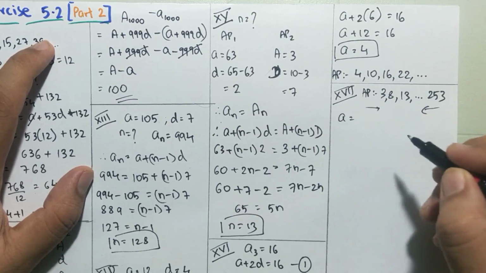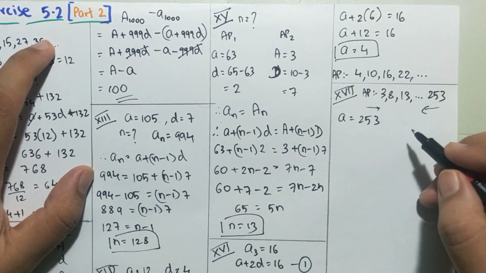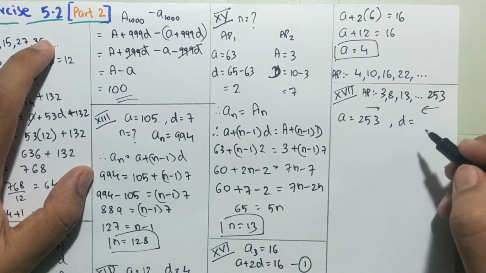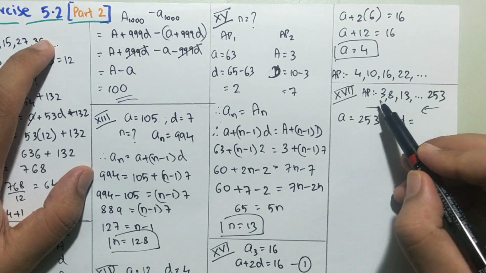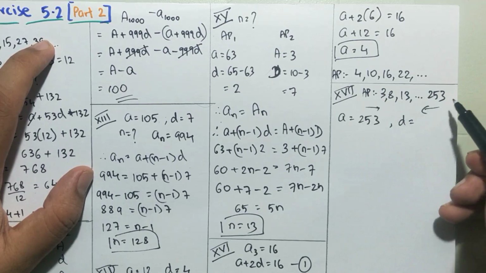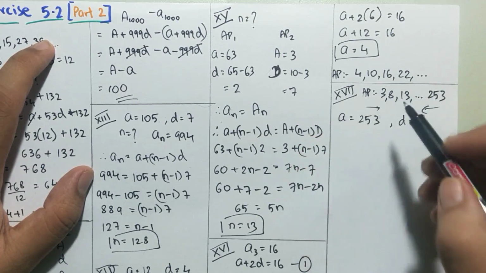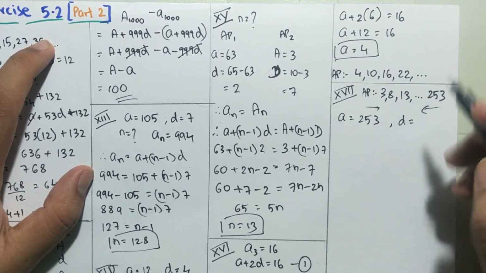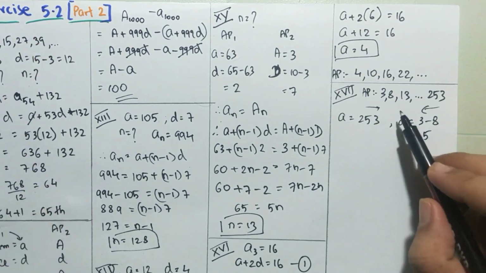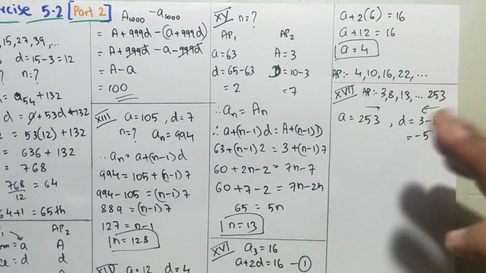I am taking A as 253 from the back side. My common difference, I will not take second term minus first term. I will take first term minus second term as written. Why? Because we are not looking at the AP in this direction, we are now looking at the AP from this side. So when looking from this side, 3 is the later term and 8 is the earlier term. Understood? So 3 minus 8 equals -5. Why did we reverse it? Because the question asks for the 20th term from the back side, from the last.